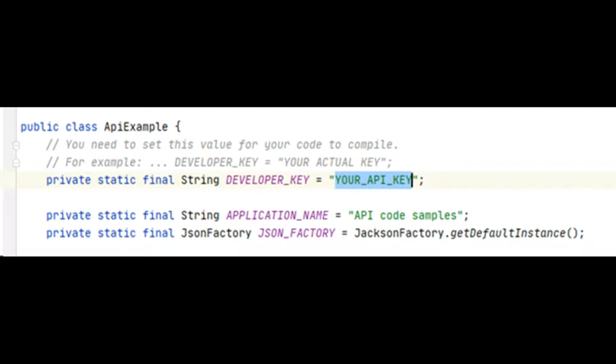Sample code given by Google is asking for credentials. It is not a good practice to store credentials in source code. I will be publishing this code to GitHub for my viewers to use. So the safe option is to store credentials in properties file and git ignore that file.